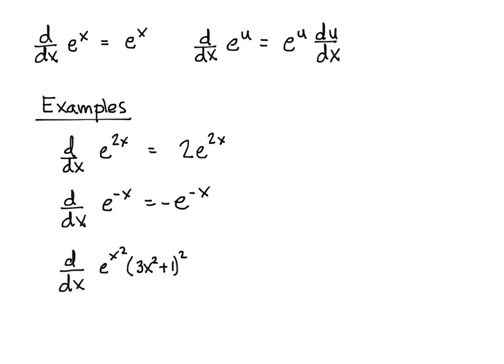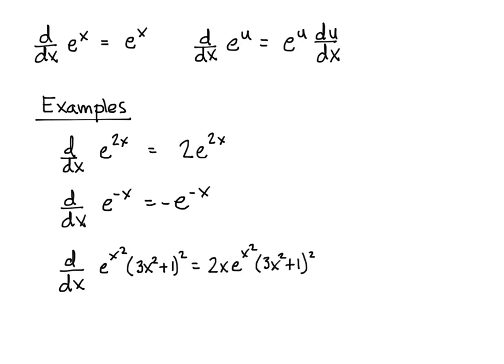So if we have something that looks like this, where we have e to the x squared times (3x squared plus 1) squared, a little bit more difficult, but you can compartmentalize it. You see, it's a product, so we're going to use the product rule, and we're just going to apply the rules of differentiation now that we know e to the x as well, considering the